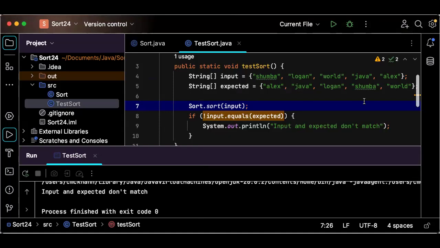Well, what are input and expected? If these were just strings, it's a string with the dot notation after the string. So it's one string compared to some other string. Is that what Arrays.equals is doing? It can't be, because the notation is